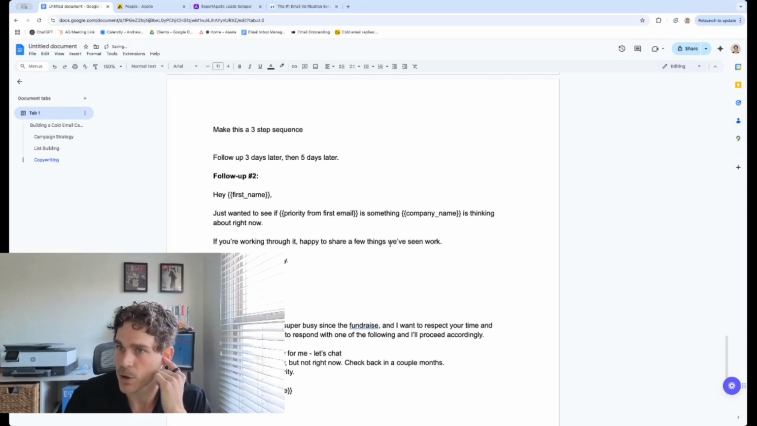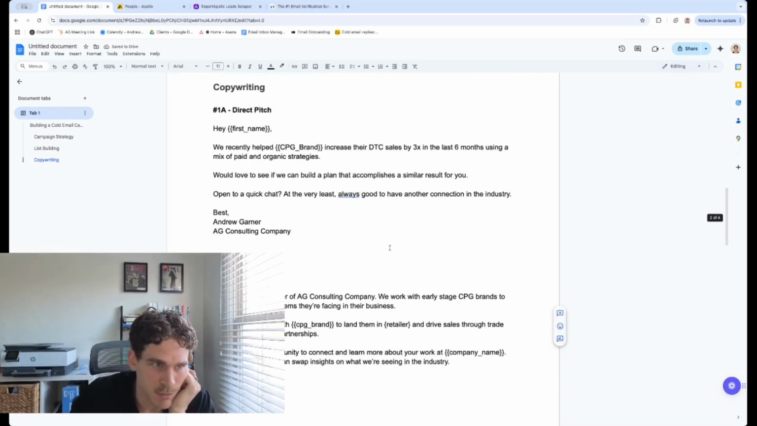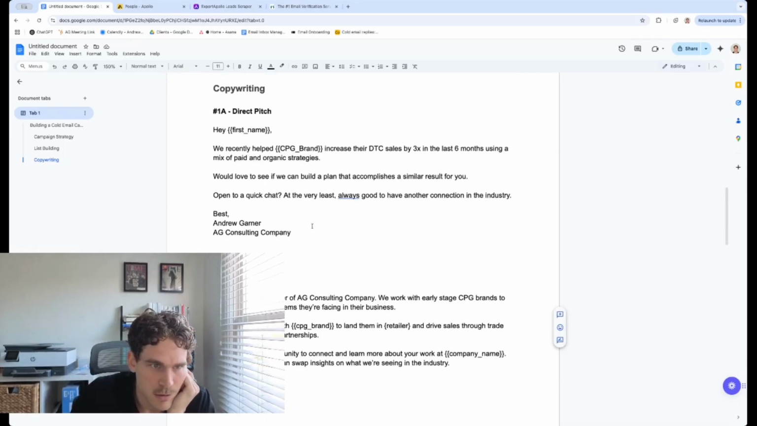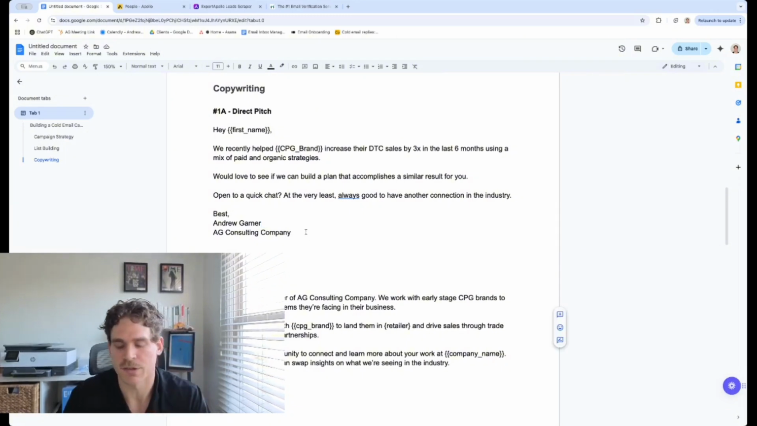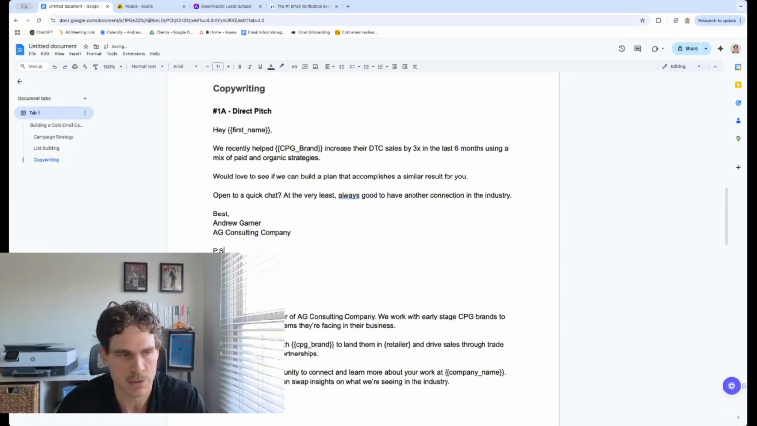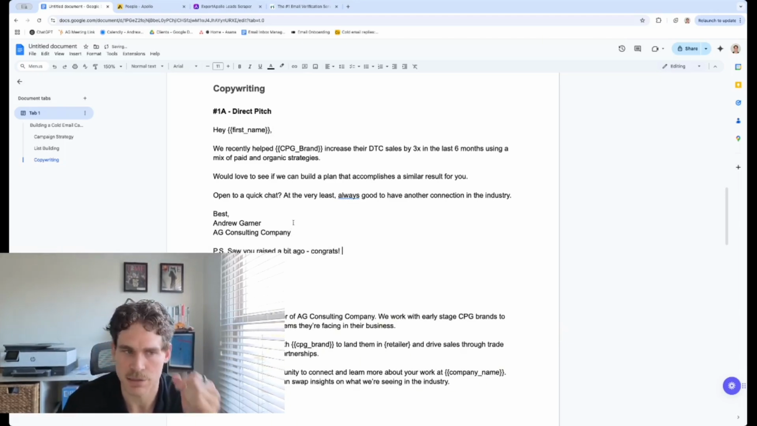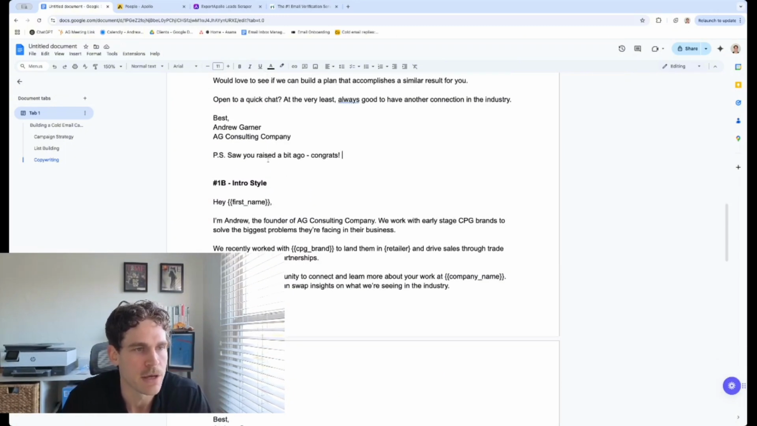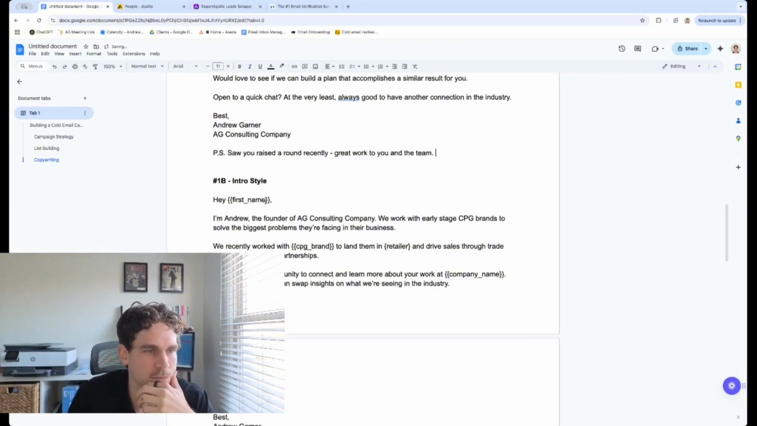Last thing, one thing I forgot to include in these emails is including a subtle mention of the fundraise. So P.S. Saw you raised a bit ago. Congrats. Something I'd maybe work in a little bit better than that, but saw you raised a round recently. Great work to you and the team. Something like that. You could even work this into its own